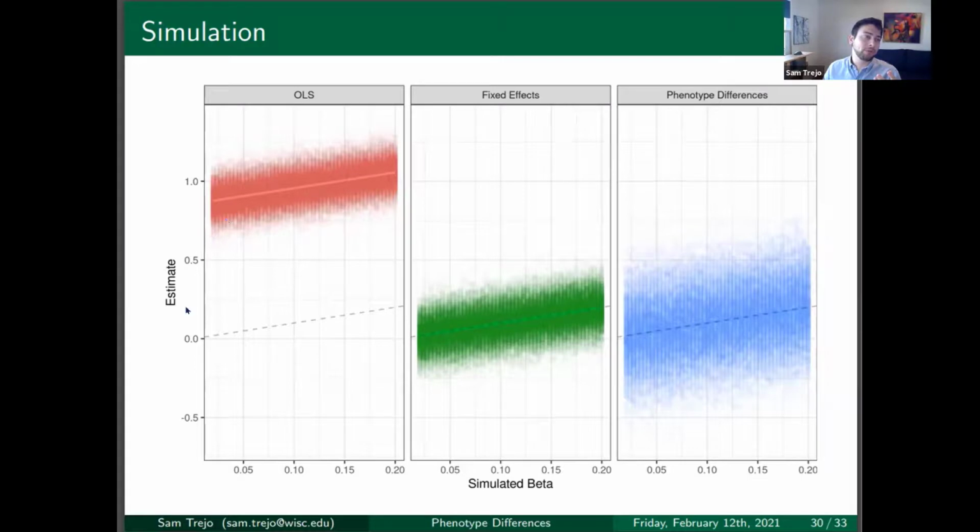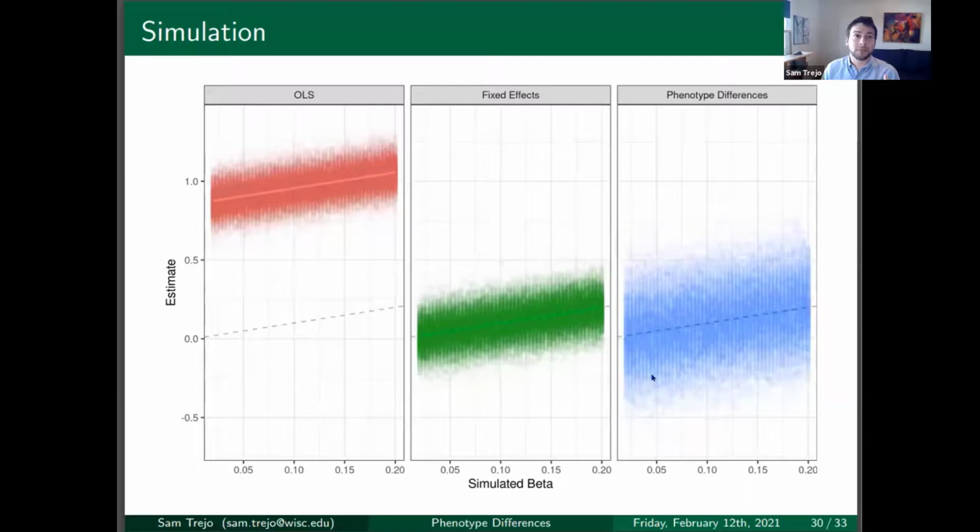What you can see is that OLS has bias. This bias is a function of, we just made it up, how much genetic nurture there is and how much population stratification there is. So this bias could be less than this. It could even be negative, right? They could be working in opposite directions. But the key thing is that both fixed effects and phenotype differences are recovering the true genetic effects